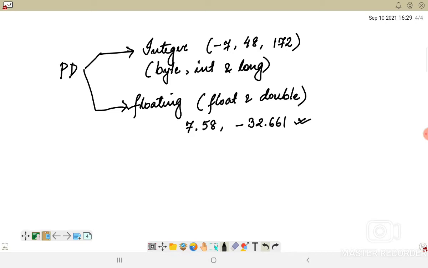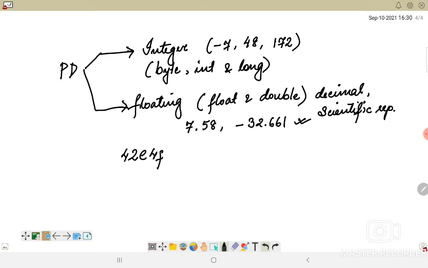Let me write here that it is not only used for decimal data types, but it is also used to represent scientific representations. Now if I'm taking a number like 42e4f,